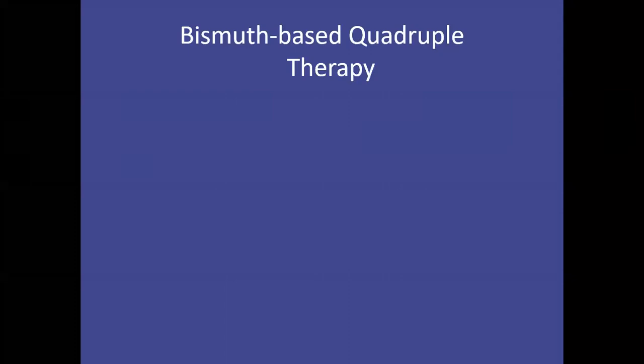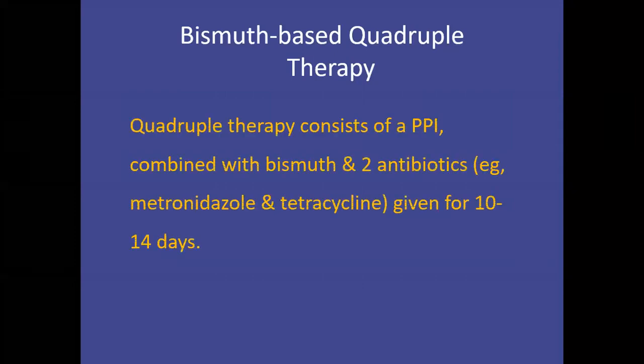But not alone. Keep in mind, bismuth does not have significant antimicrobial activity, but it will definitely aid. So bismuth-based quadruple therapy consists of a PPI combined with bismuth and 2 antibiotics, for example metronidazole and tetracycline, given for 10 to 14 days. Now the question you may ask: why in some cases triple therapy and why in some cases quadruple therapy? It is used as initial therapy in areas in which the prevalence of resistance to clarithromycin is high through epidemiological studies. For example, in Saudi Arabia,